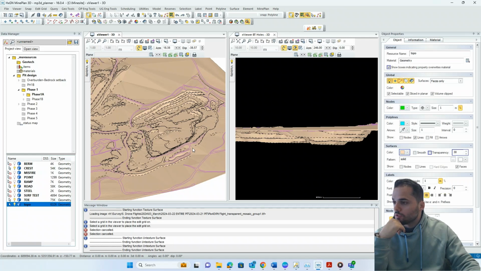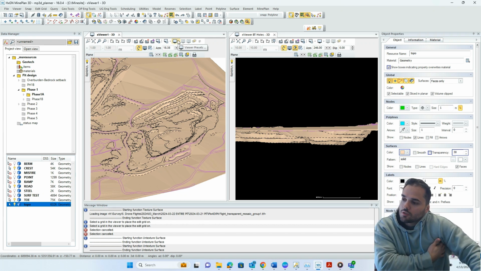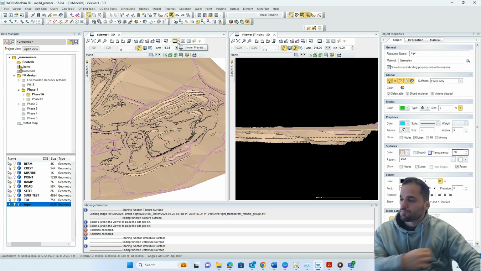So you have your scan file, you already made your topo. This is a triangulation that you already made, and you want to overlay it with, for example, a drone scan that you already had. So how to go about that is to